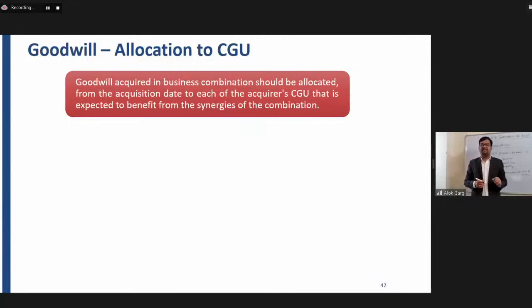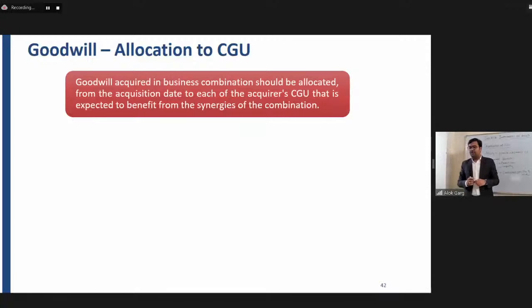So in this case, now the question arises, if there is a goodwill, how does this goodwill have to be allocated? The standard says that the goodwill acquired in a business combination. Now, before explaining this, let me ask one more question. If there is an internally generated goodwill,